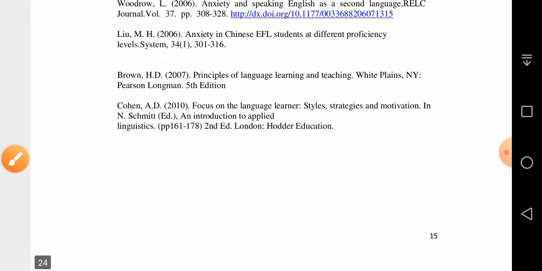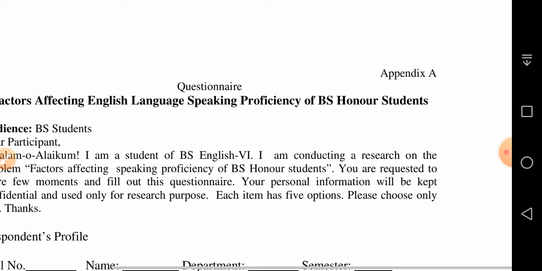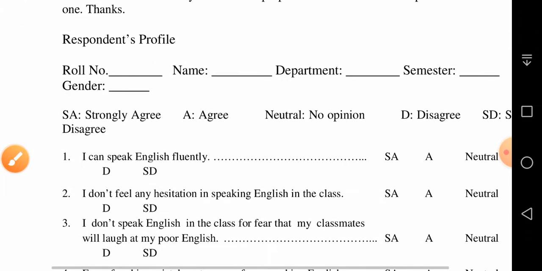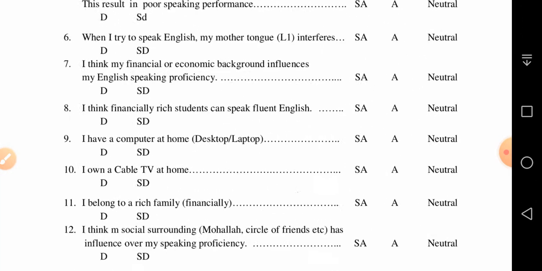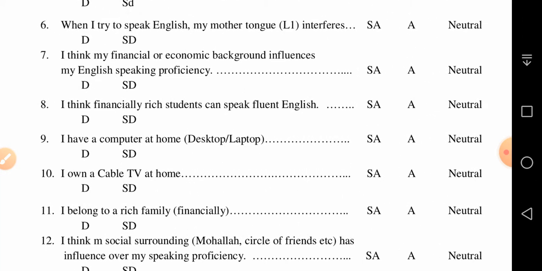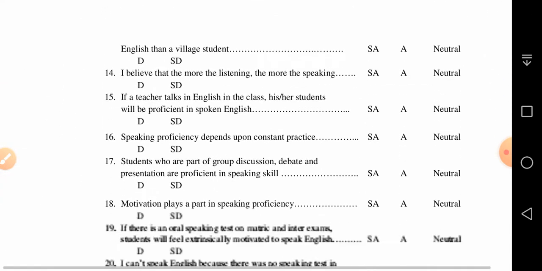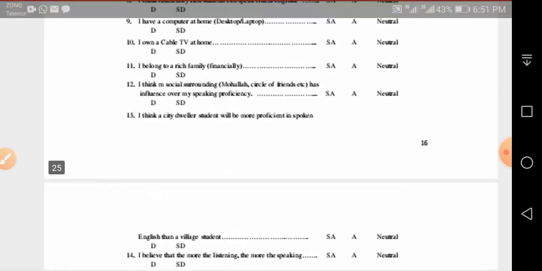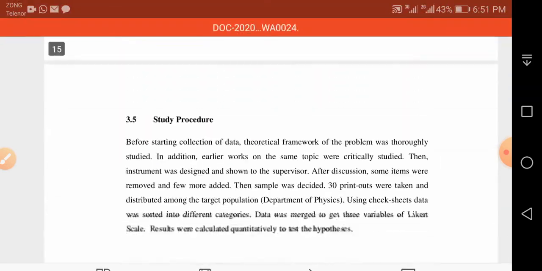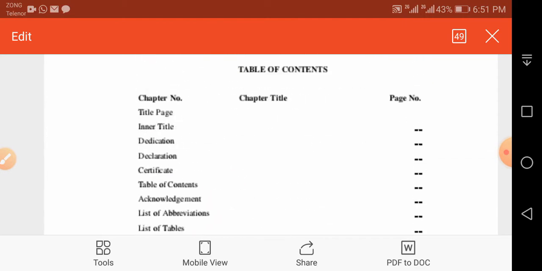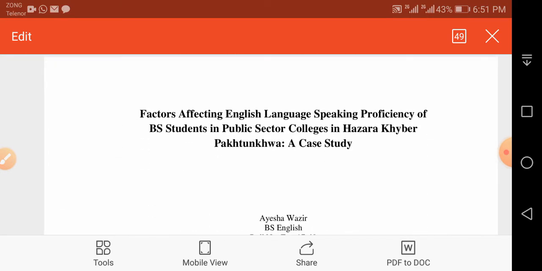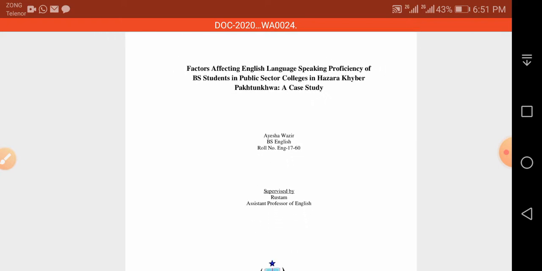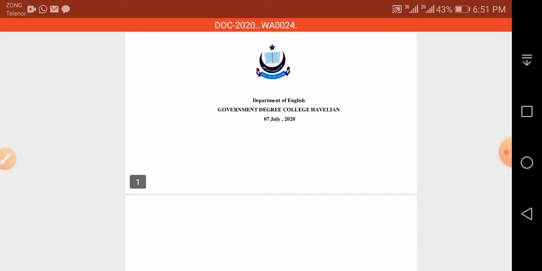So after the bibliographic section, you have the appendix section, appendices. So here is appendix 1, a questionnaire, a blank questionnaire sample is given here. This was the questionnaire given to 30 participants. So you need to add some filled up questionnaires as well in the appendix. So this is your complete report. Let me show you the title page again. So here we go. So here you can see the title page of the report. Okay, now let me scroll down.